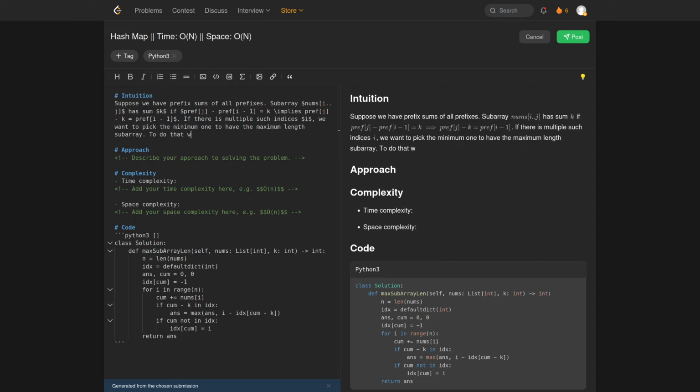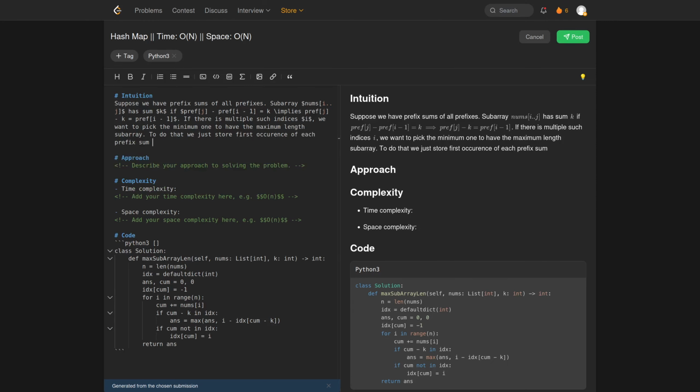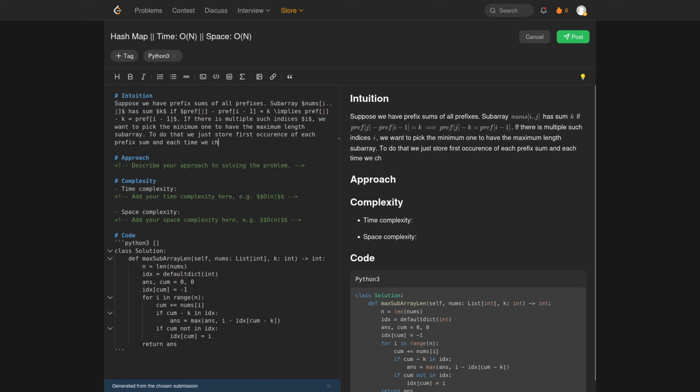To do that, we just store the first occurrence of each prefix sum, and each time we check if